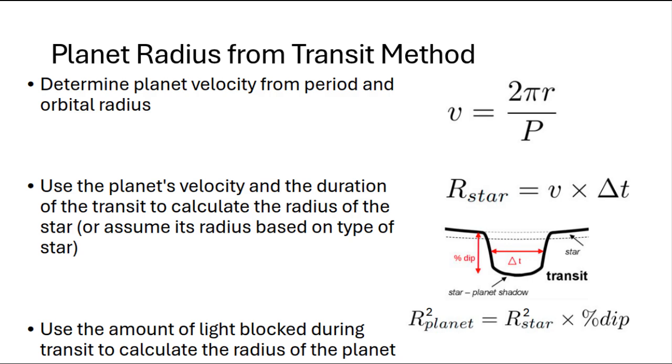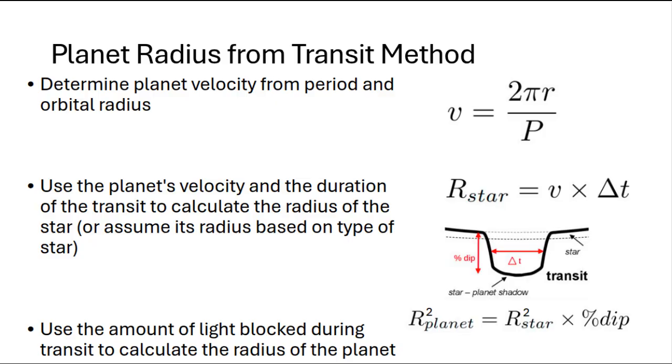Then from the transit method, we're eventually going to get the radius of the planet. We'll start by getting its velocity from the period of the exoplanet's orbit and the radius of its orbit, so how far it is away from its host star. Then using the shape of the dip of the exoplanet, we can calculate the radius of the star,